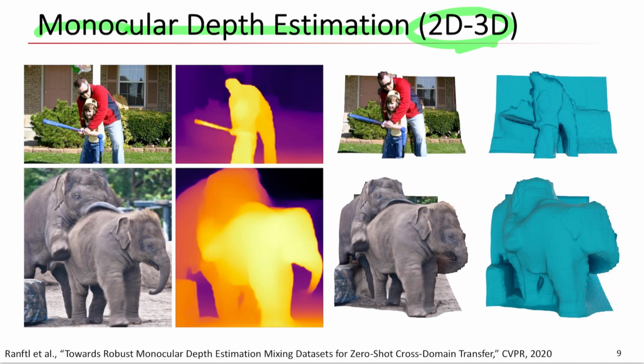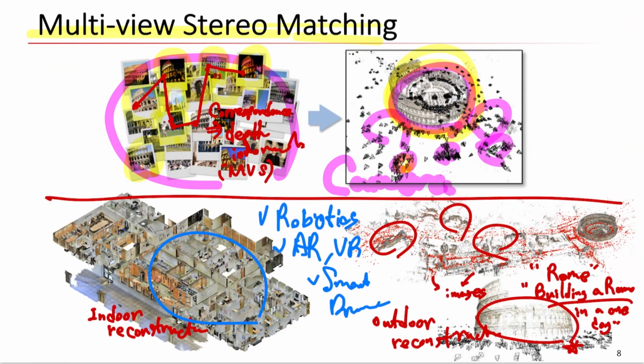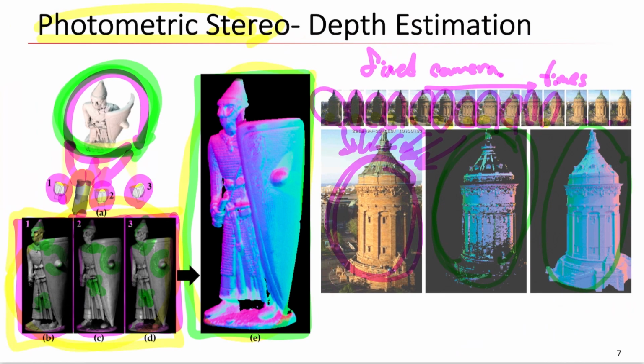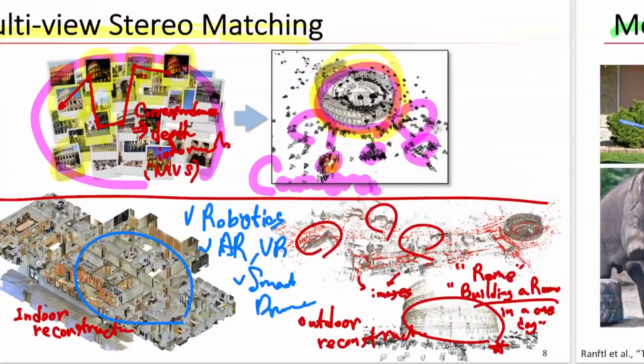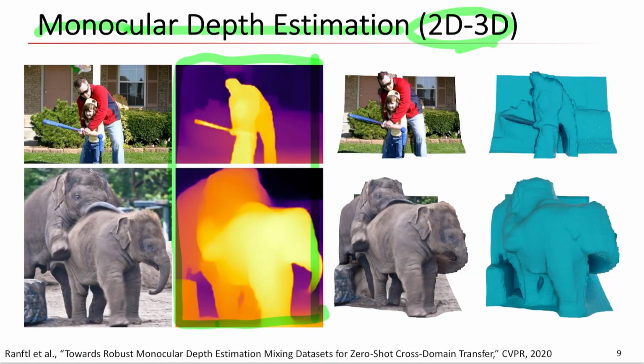2D to 3D information. To estimate depth information like this, we need the depth cue. For example, in this case the depth cue was multiple images. In this case, it was different illumination. In this case, it was two-view images. But recently, by using deep neural networks with the transfer learning technique, many